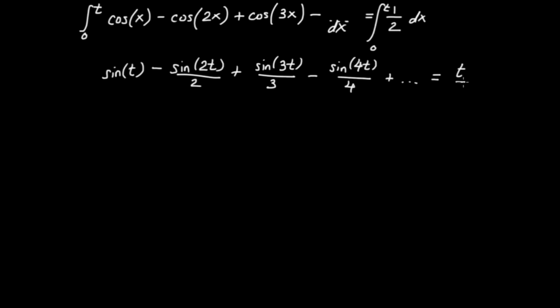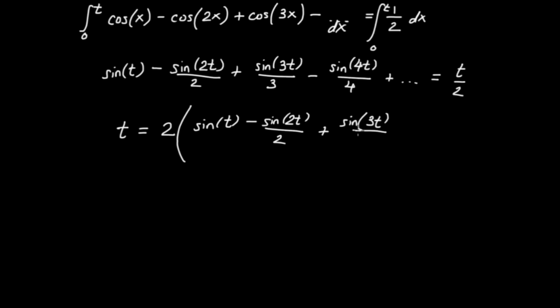That's just going to be t over 2. And now let me multiply both sides by 2, so that I get the equation t is equal to 2 times